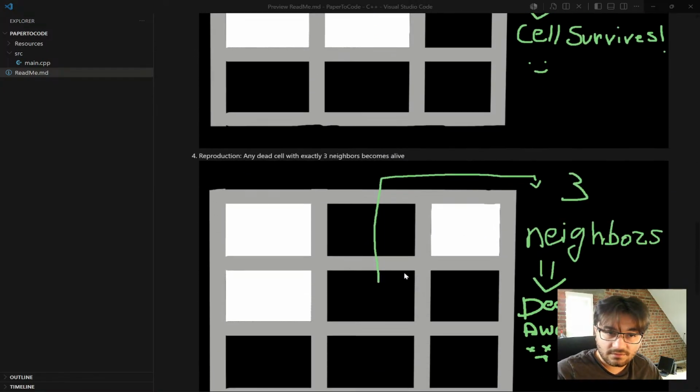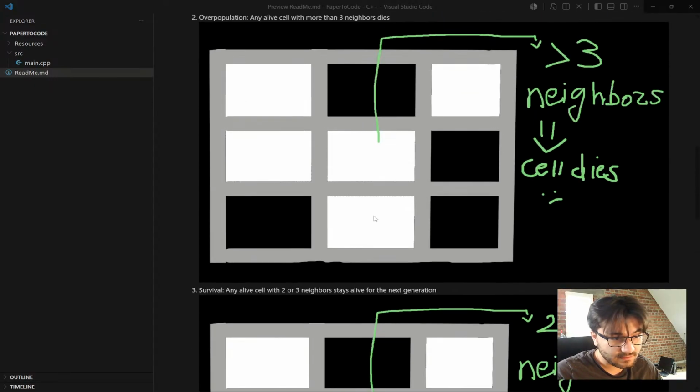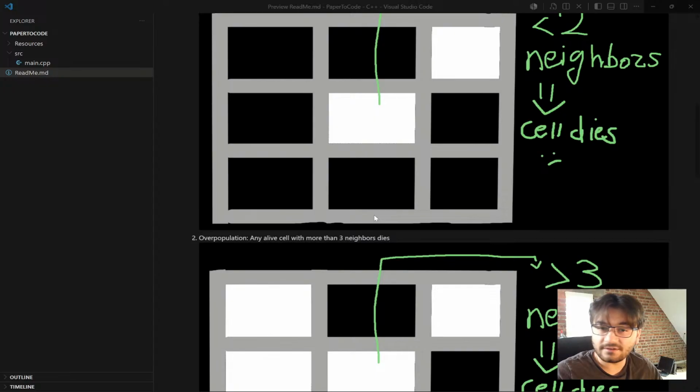Now, for dead cells, what you can do is you have reproduction, and that's if a dead cell has exactly 3 neighbors, then it becomes alive. These are 4 rules which result in very interesting emergent behavior,